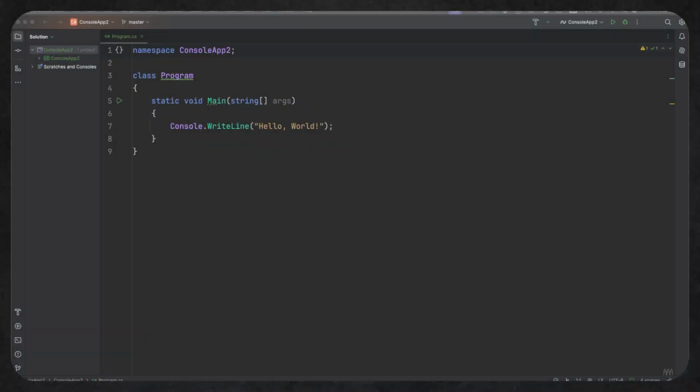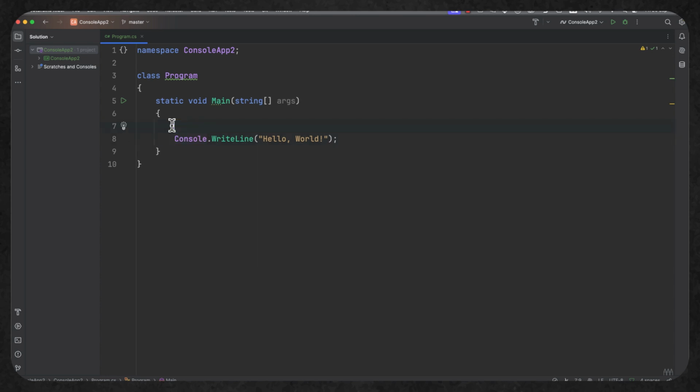And here we are. Take a look at this, my glorious IDE. I'm using JetBrains Rider on Mac OS, but it's available on Linux, Mac OS and Windows. Hopefully you'll be able to see some of the advantages as we start using the IDE. But I've created the very basic console application. I've got my write line statement. I can keep this because I can make use of it.